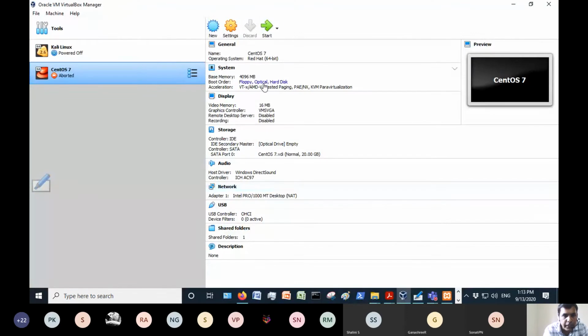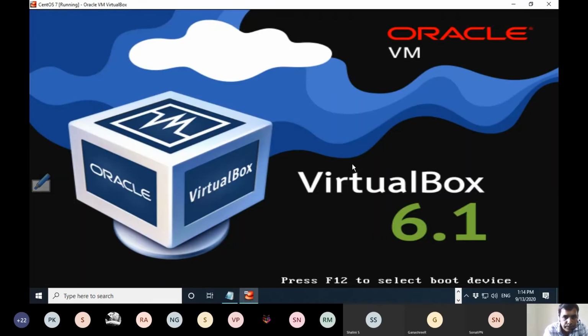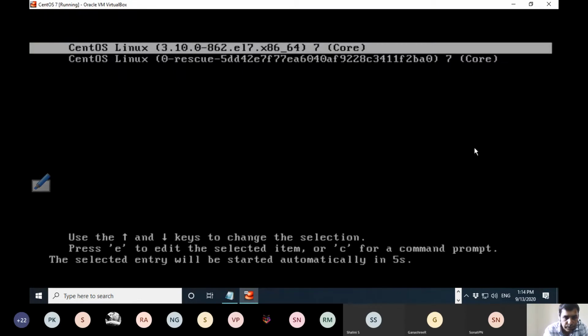I think unexpectedly it started anyway. I will restart it again. So CentOS, you can select CentOS and boot.